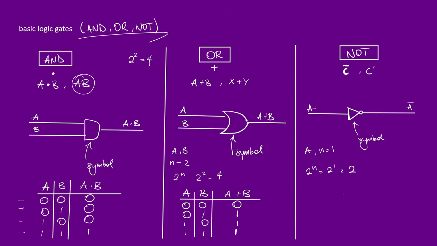What does this mean? This means that I'm only and very simply going to have on my truth table for the NOT gate A and not A. So if A is 0, not A is 1. And if A is 1, not A becomes 0. It's really as simple and as elegant as that. So these are the three fundamental logic gates when handling